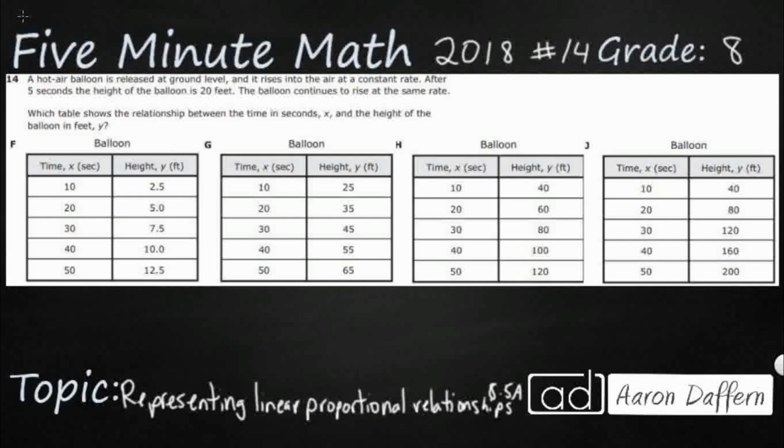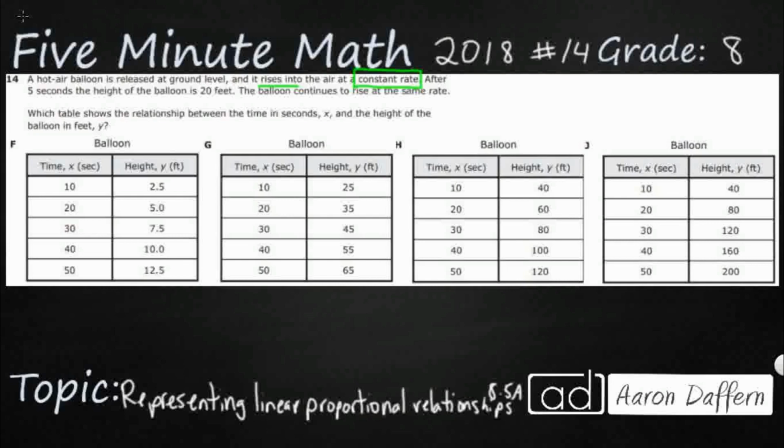So, we have a hot air balloon. It's released at ground level, and it rises into the air at a constant rate. Now, that is going to be extremely helpful for us. So, after 5 seconds, the height of the balloon was at 20 feet, and that wouldn't help us if we didn't have that constant rate, but now we can find a rate of change. And so we've got the balloon that continues to rise at the same rate. And which table, so we're not even going to graph this, we're just going to have a table that's going to look at